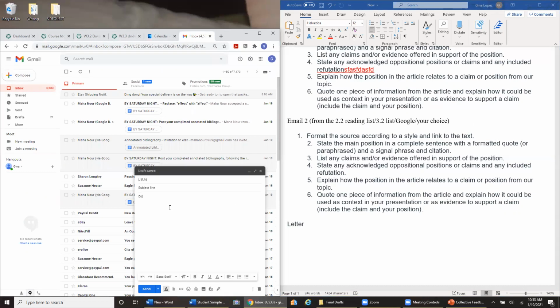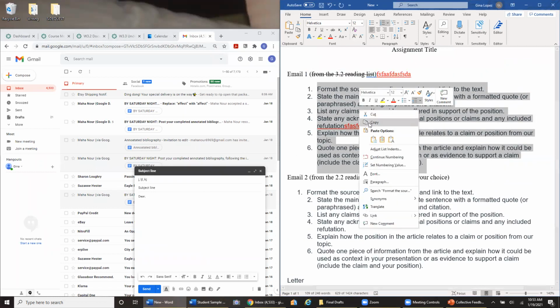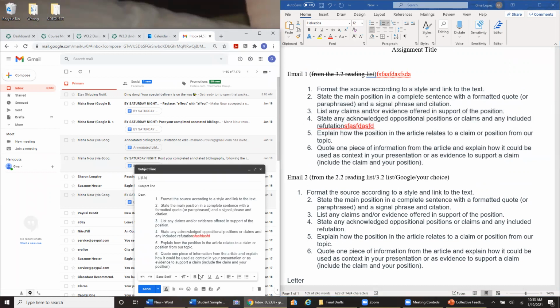And then start drafting your email. But you can take what you already have from the rough draft, because you already have it drafted, and you paste it over here, and then you can start revising it as needed,